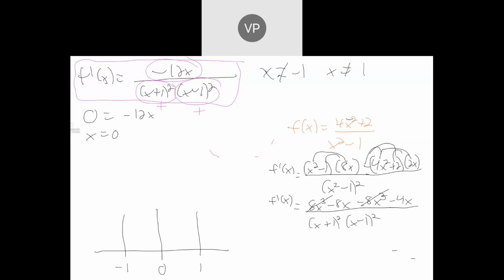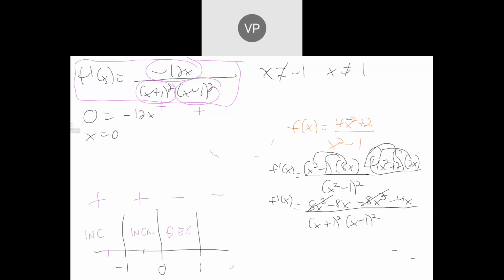So when I plug in, say, negative 2, it's going to be negative 12 times negative 2. That's going to be positive. When I plug in, say, negative 1/2, again, the bottoms are going to give me a positive, but the top is going to be negative 12 times negative 1/2. That's a positive. So we're increasing here, we're increasing here, and we're going to be decreasing here and here because,